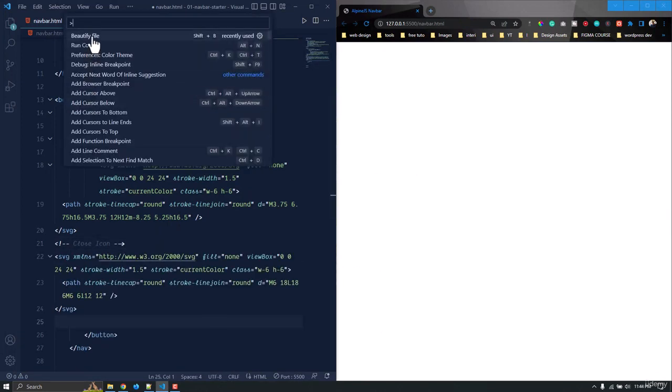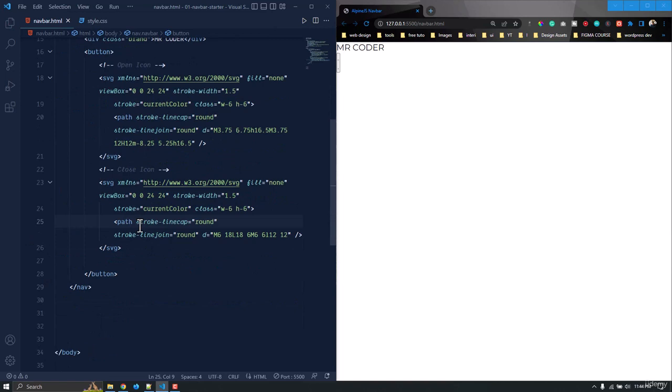Let's use the beautify to align the code. We are done with our hamburger icon. These are the two icons in here. It looks ugly. Okay, after finishing of the button, let's create another div with the class of nav